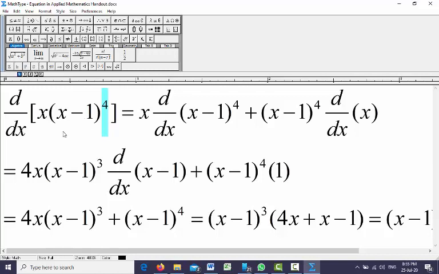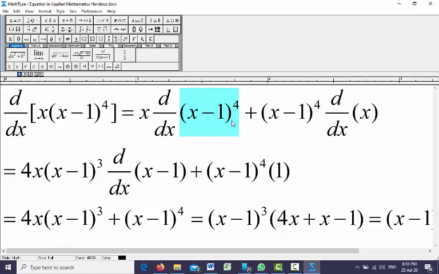Instead, to do the differentiation, you have to apply the multiplication rule of differentiation. So you can choose to keep any one of these. You can choose either this one to keep outside of d by dx, or you can choose this one to leave it behind d by dx. So let us choose this one first behind d by dx, and in front of d by dx we will have x minus 1 power 4.